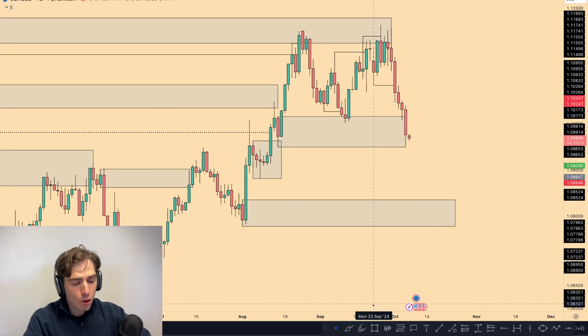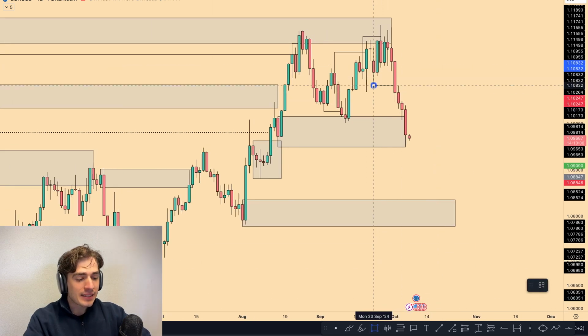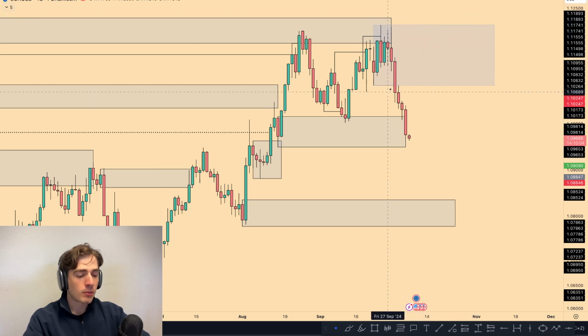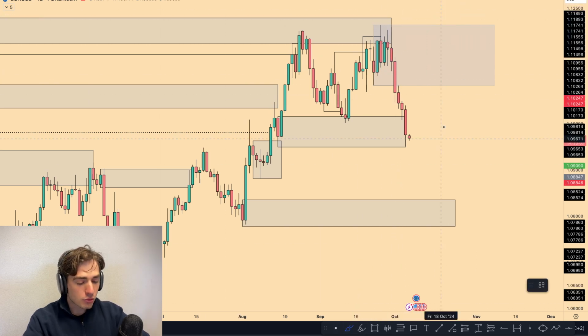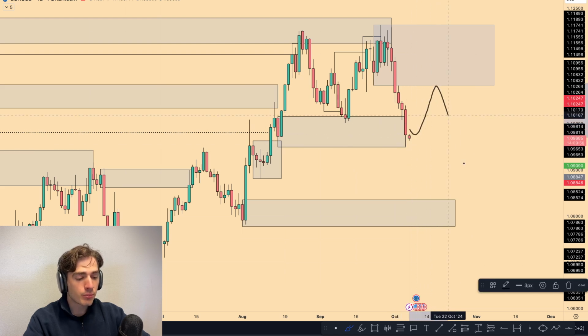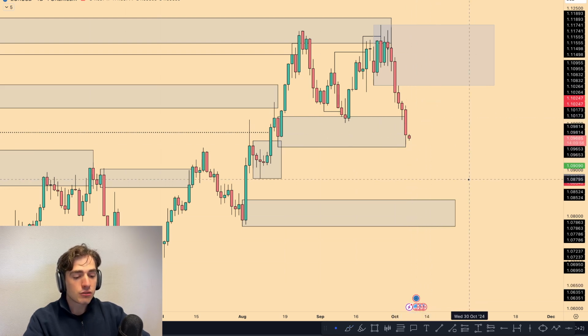So overall, what I now know is that there is not a lot of demand left here on euro dollar, and overall this daily area of supply is now in control due to the fractal structure flipping bearish. So I'm mainly more interested now in a deeper push from euro dollar in towards the downside.